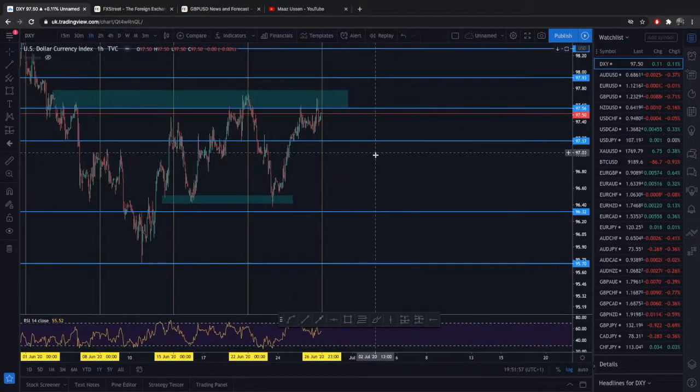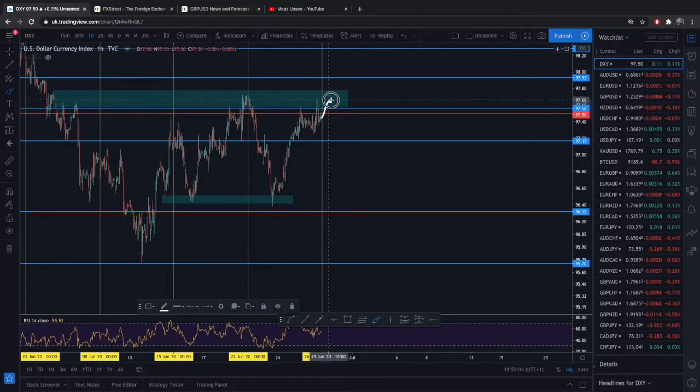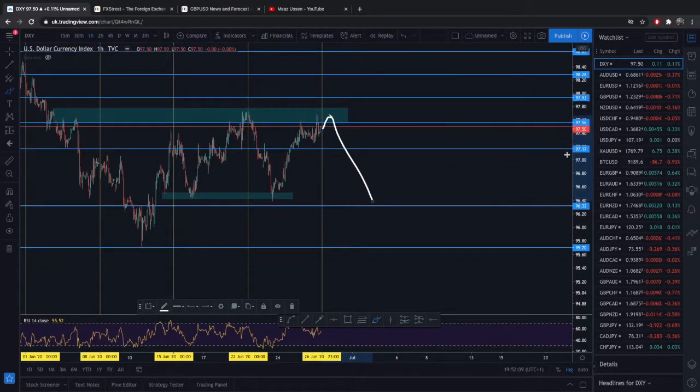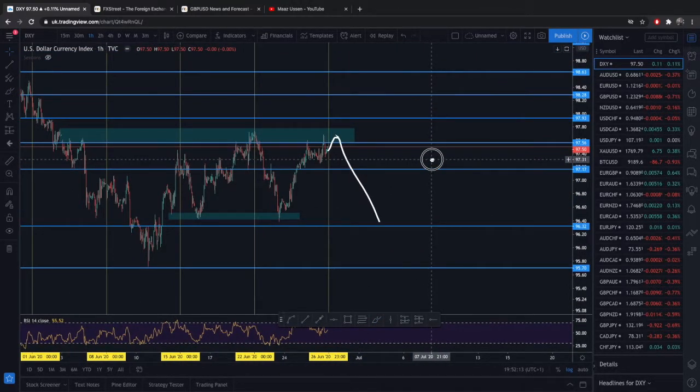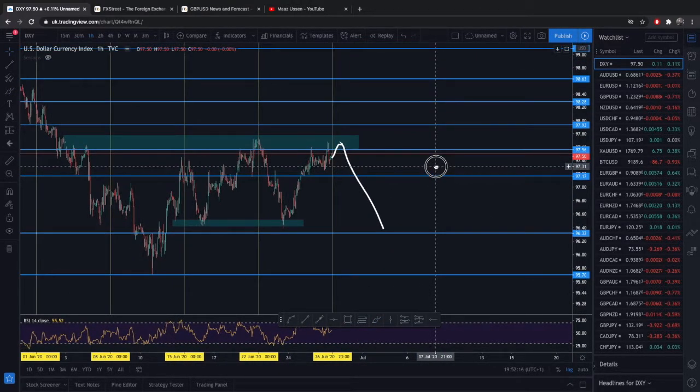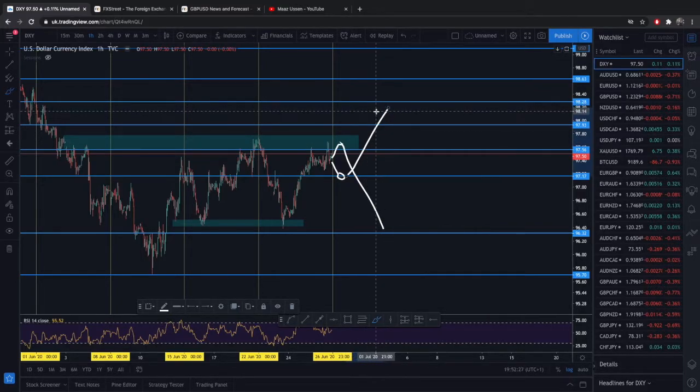Now, what we can expect going forward over the next week. I think this price is going to come back to test again around here, and then we're going to see this drop come in. That is one option that we can see. However, depending on how much the cases increase for coronavirus, and maybe even these trade talks with China coming into play, we might not even see the drop come towards this level here. And then from here, we can see the rise in the dollar go up. We'll have to wait and see, maybe midweek.